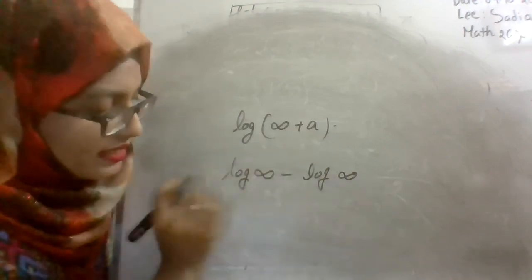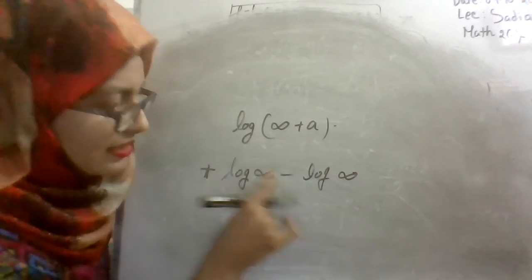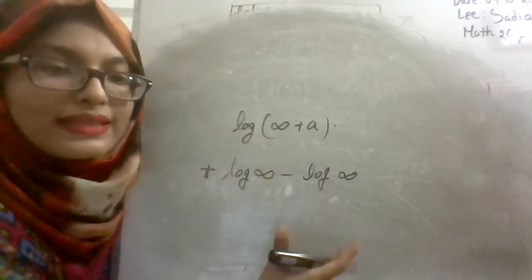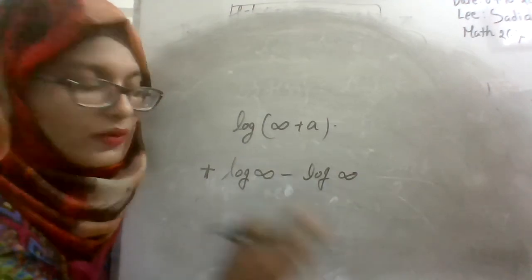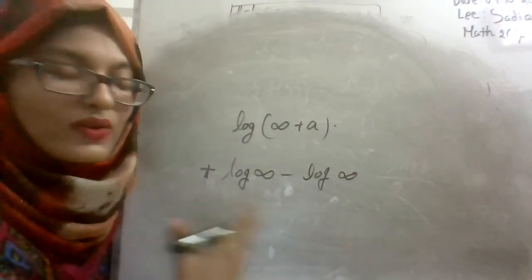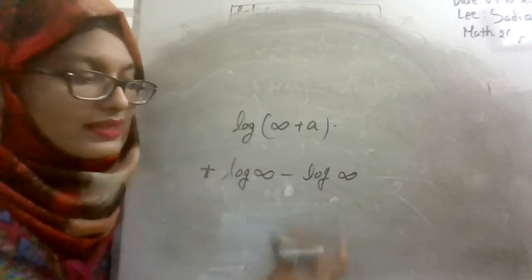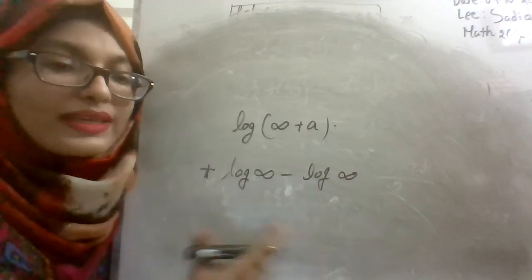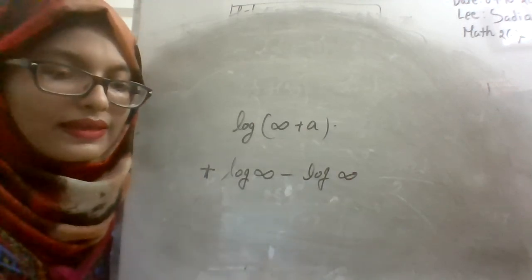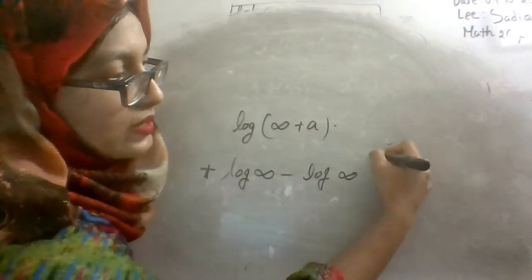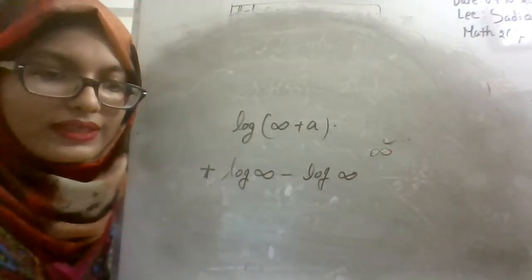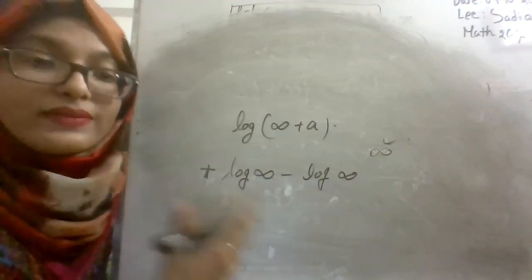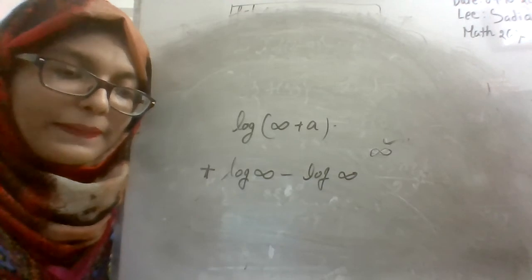Just consider this as a positive term and this as a negative term. This positive term and negative term will cancel each other. We are not counting the values of it, we are just cancelling for its negative sign. When your sign is negative, then we can cancel it. But when it is infinity square, that means you have to multiply infinity with infinity. So one thing is infinity, and if you add something countable values, then it will obviously be infinity, right?